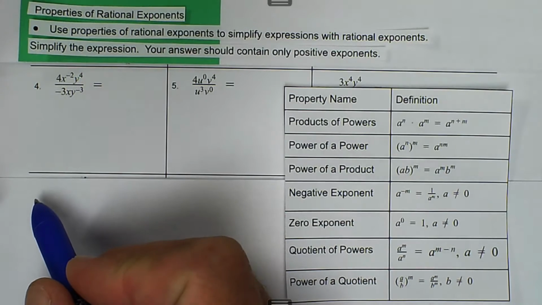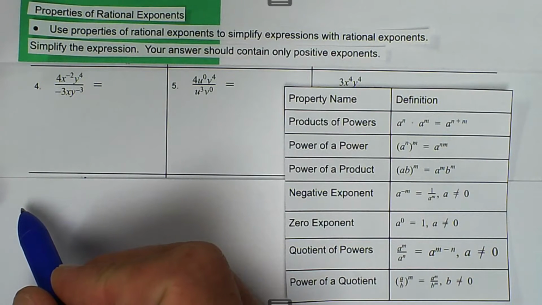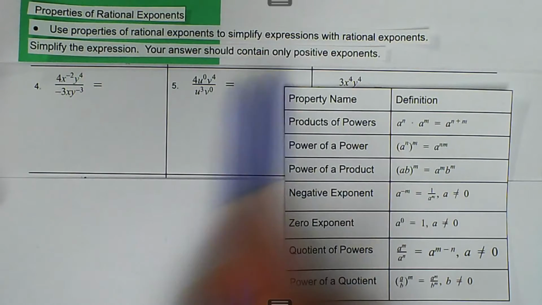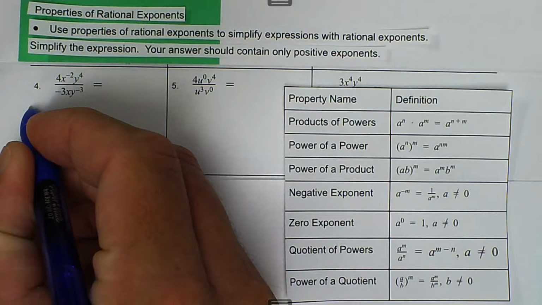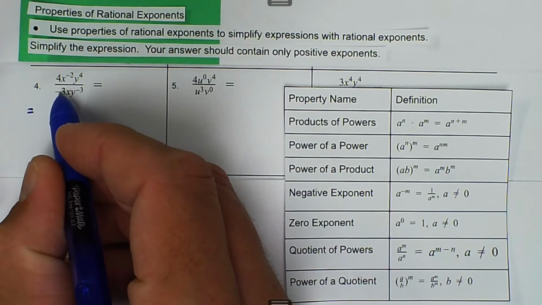We're talking about properties of rational exponents, and we want to use properties of rational exponents to simplify expressions with rational exponents. So simplify the expression, and the answer should be in positive exponents when you get done. The first thing I want to do is rewrite the fraction with the negative in the numerator,